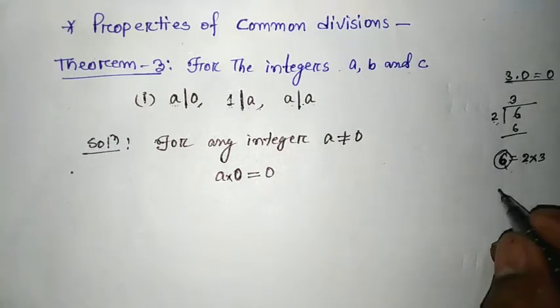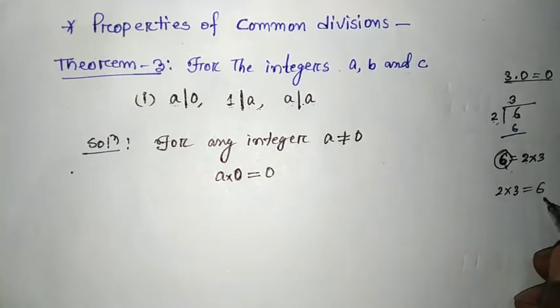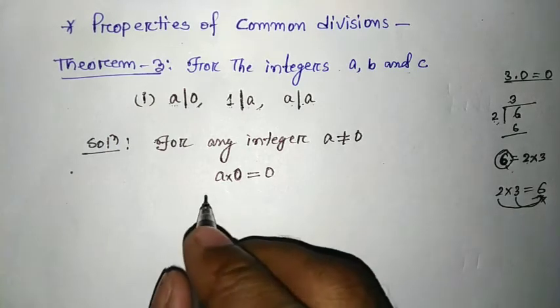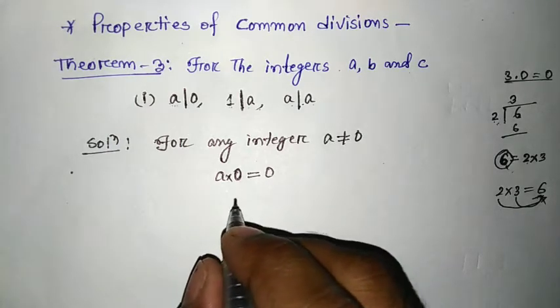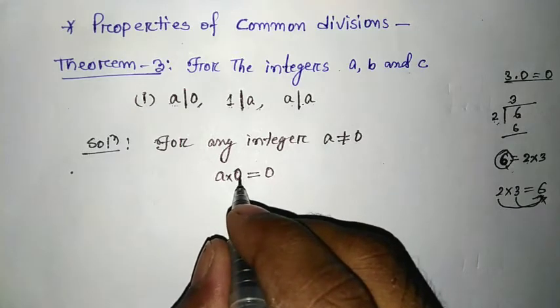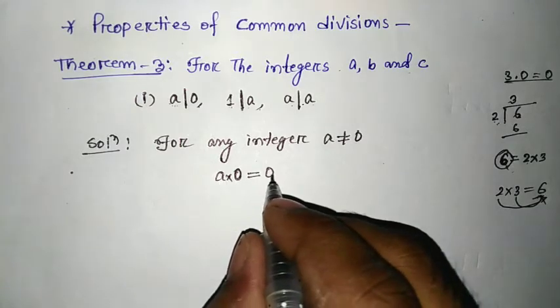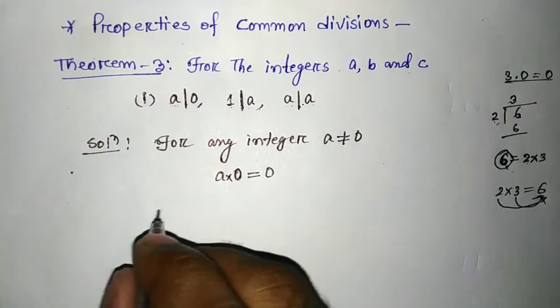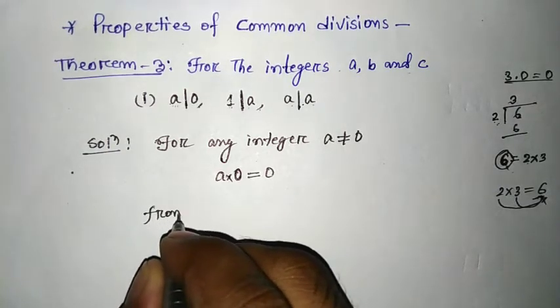That means 2 into 3 can be written as 6. That means 2 divides 6 or 3 divides 6. From the definition of division, we can write